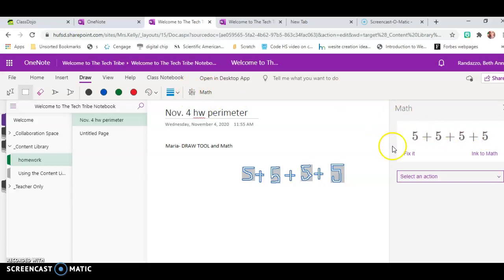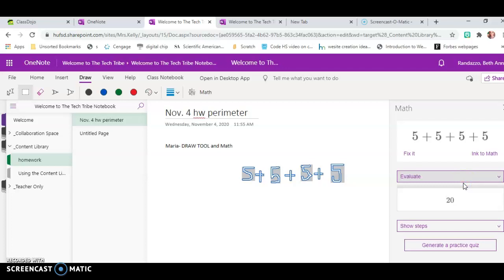Once I click math, the add-on math, it does recognize my handwriting. Sometimes the student's handwriting, it does not. They can fix it, or they can apply text in text style. Meaning if they are satisfied, they can go ink to math, meaning it will take their handwriting off and put it to text. The next step is to down arrow here. You've got a selection to evaluate. You want to teach them to evaluate the problem. What is the answer? It does give them the answer, and this is by no means to encourage them to shortcut the system, but it does show them step-by-step